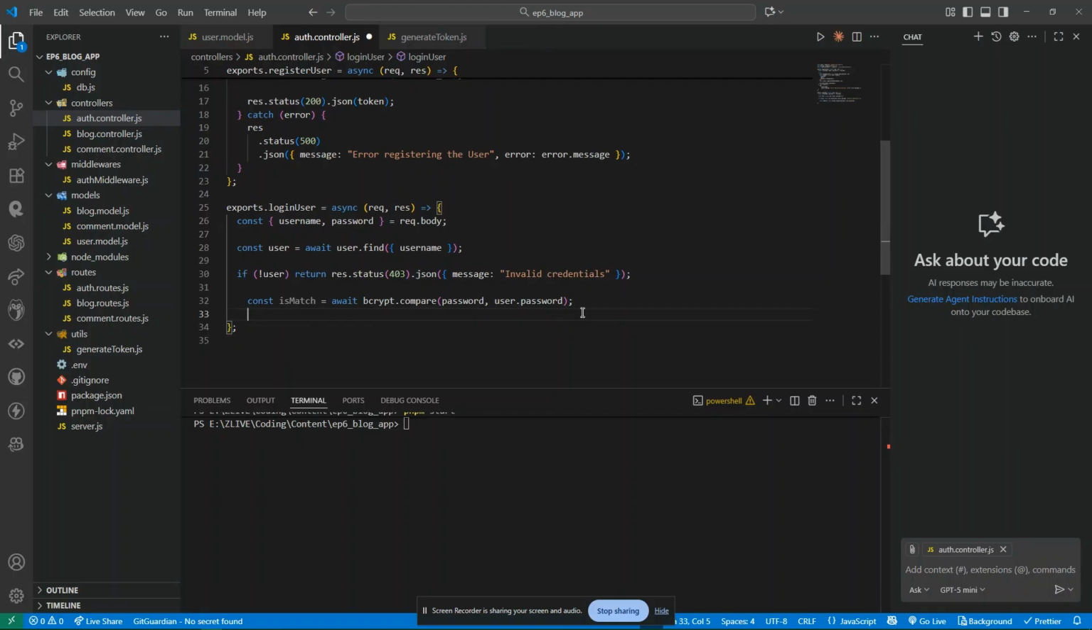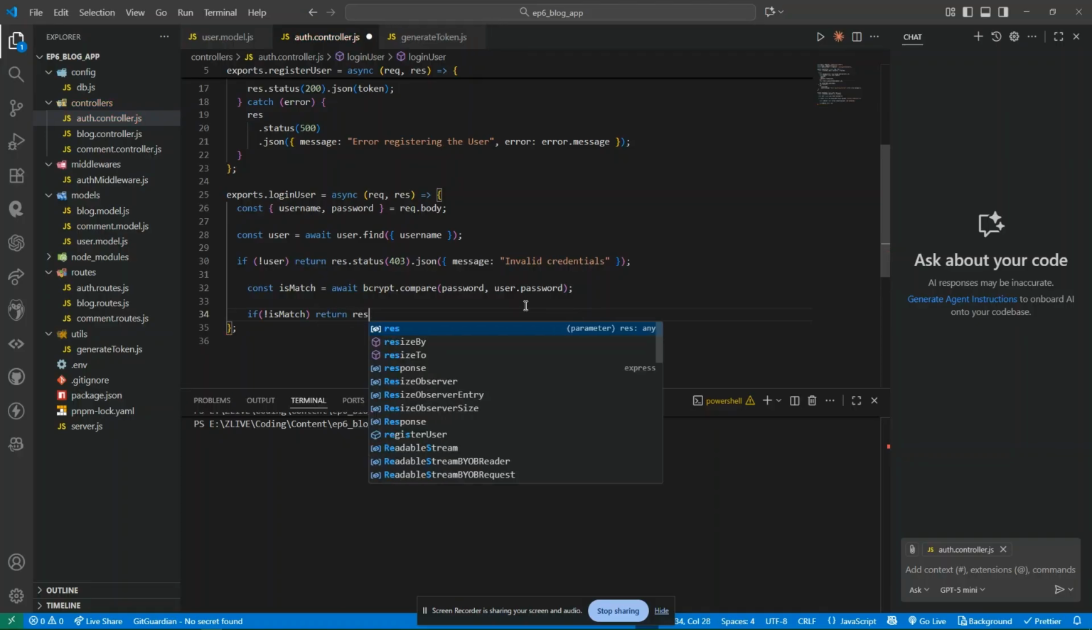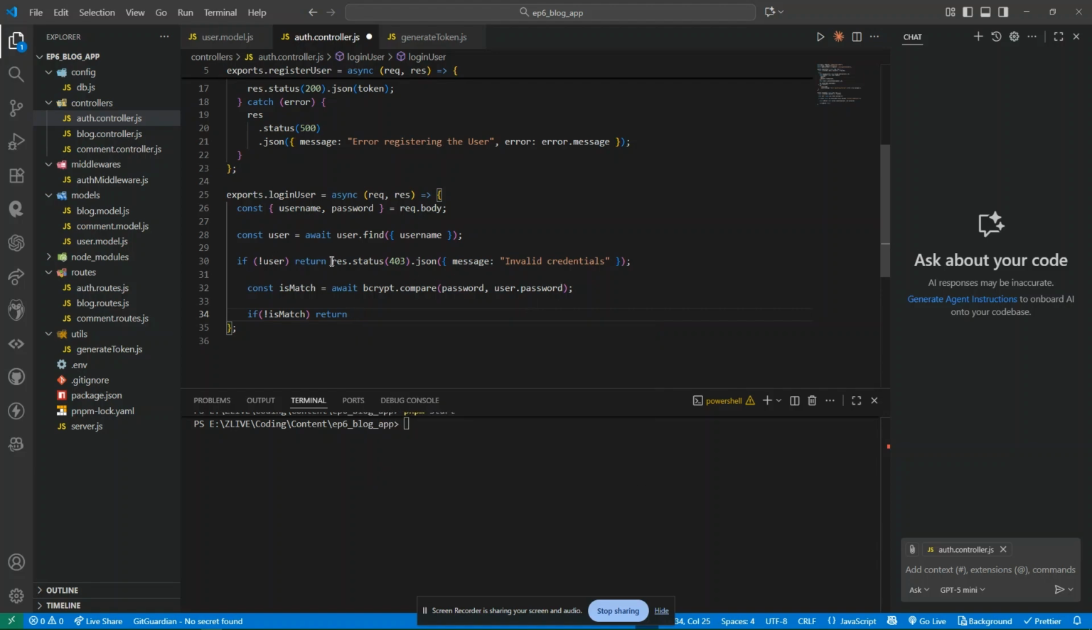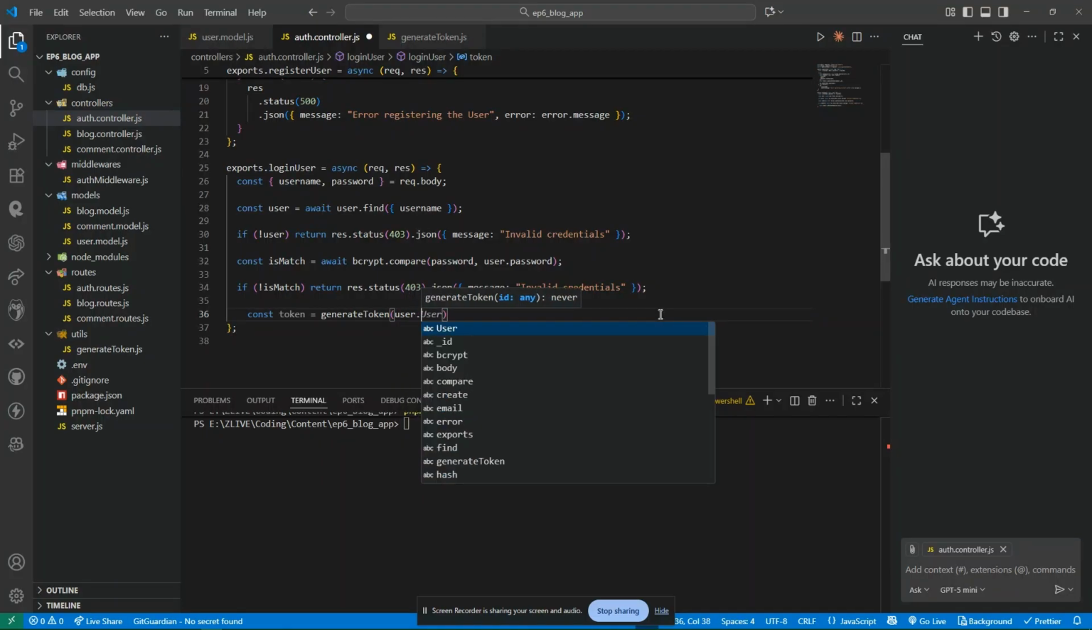And we have to say, if password is not a match, then we have to return res, the same thing. We have to return the same message over there. So let me just copy and paste. After that, only then we generate the token, and we send the ID. The ID comes from user.id,